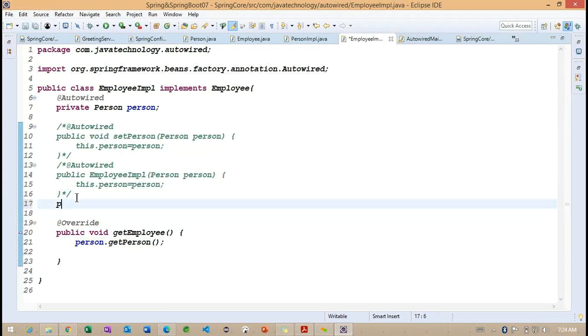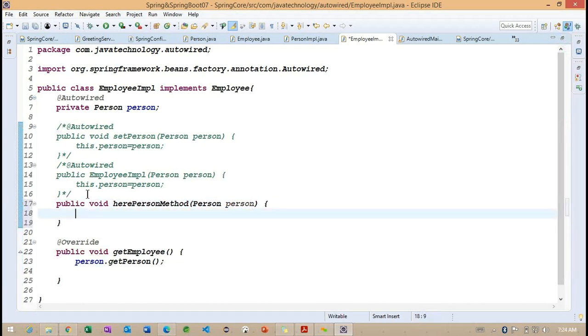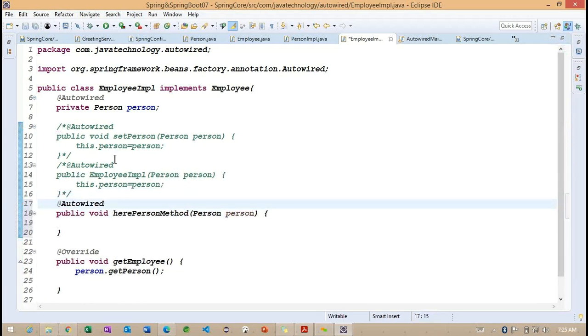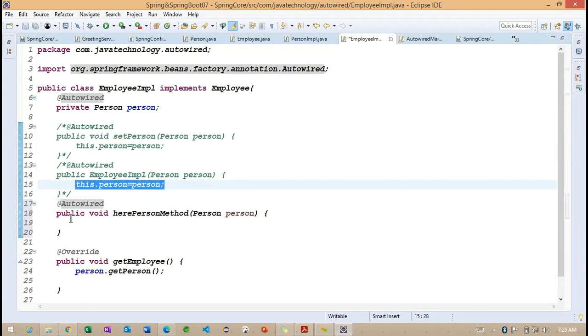Now you can simply define something called public void, something here, person method. Getting the point. Just for understanding, I'm defining the name of the method. We are having the person information here.